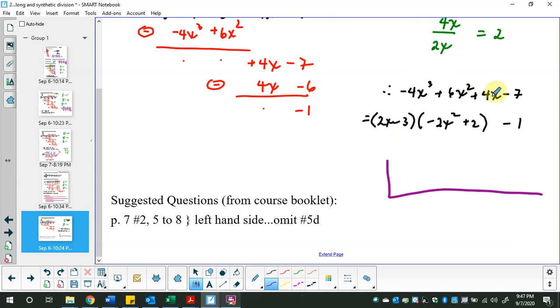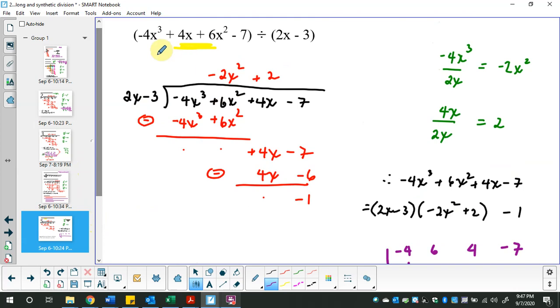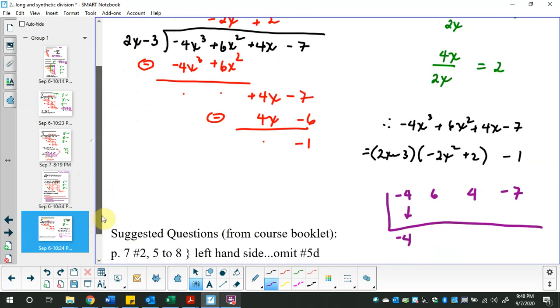So here is the dividend in order: -4x cubed, +6x squared, +4, -7. Drop this down. Just as a reminder, I'm always not going to give it to you in order. Sometimes you will have to put it in order, as I did, but I just needed the visual. Then I need to take 2x minus 3,